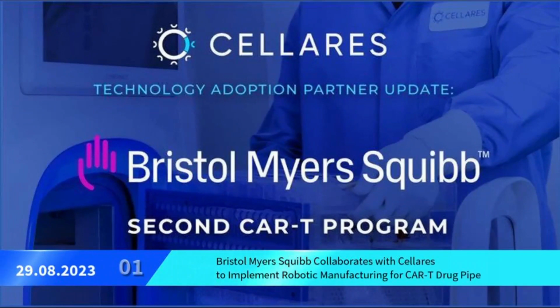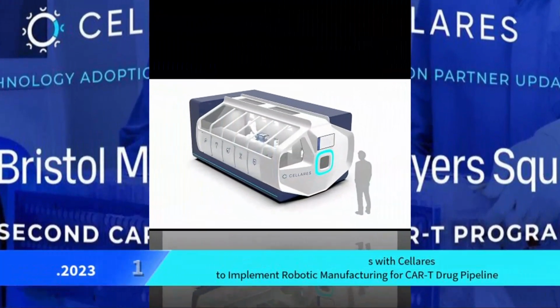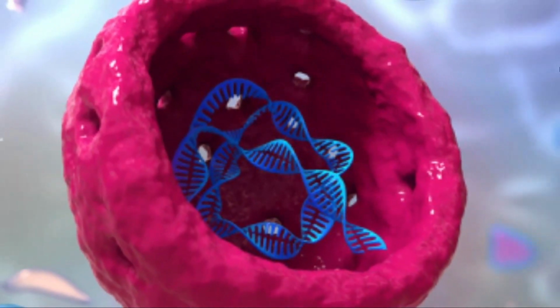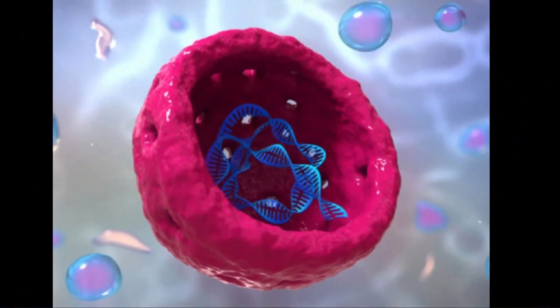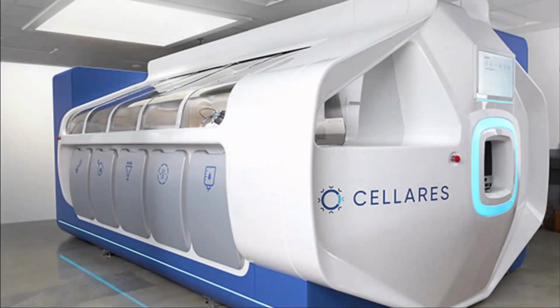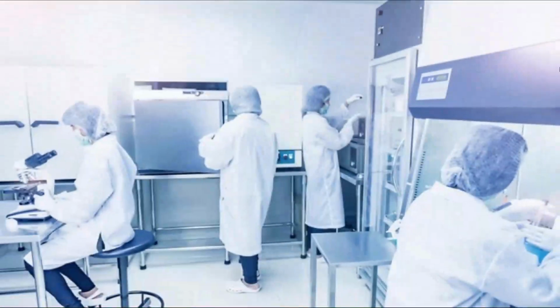Cellares, a cell and gene therapy manufacturer, has partnered with Bristol Myers Squibb to use Cellares' robotic cell shuttle platform for automated manufacturing of a CAR T-cell therapy. BMS will evaluate the automated process with comparability data. BMS has been working to enhance its cell therapy manufacturing capacity due to demand and production limitations for its cell